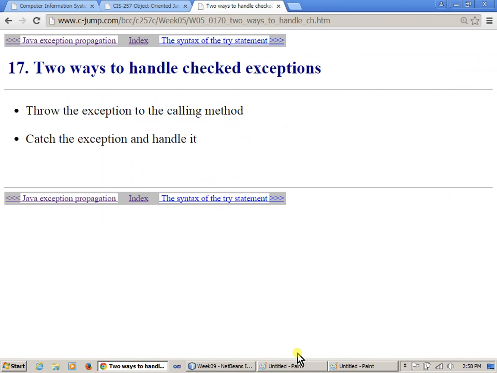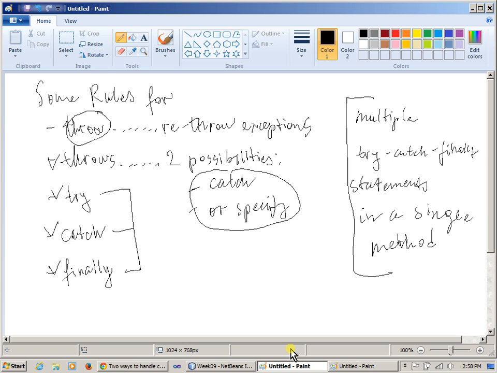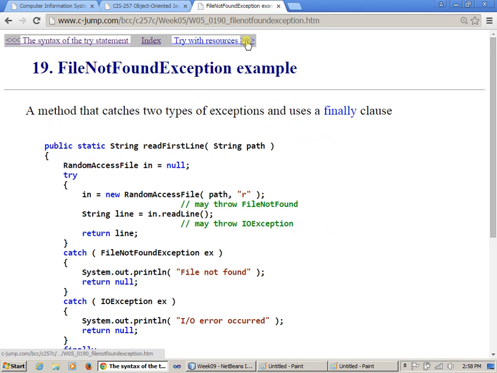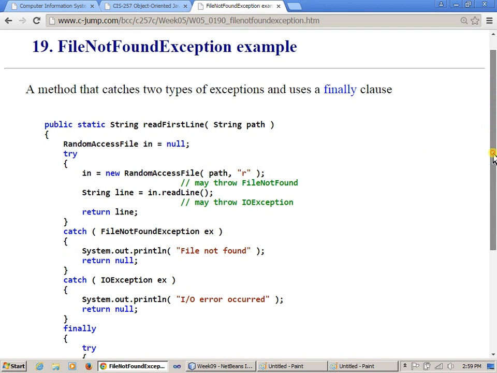Okay, so we went over the rethrow, and so I can safely scratch off this rethrow exception topic, and so we talked about this part. So we still have some more to talk about regarding multiple try and catch statements in your program. So this is the summary of the try and catch, and finally, of course, construct in the language. And so here's another example, this time using the file system,